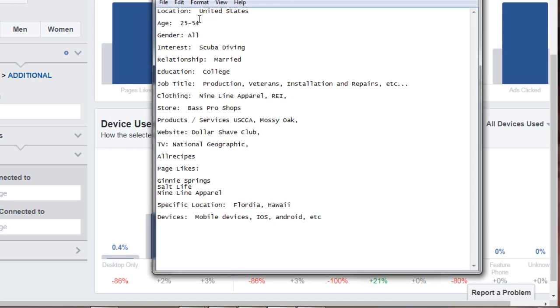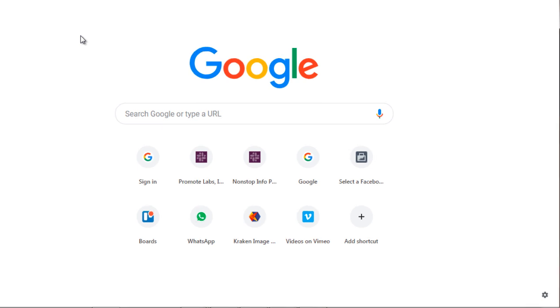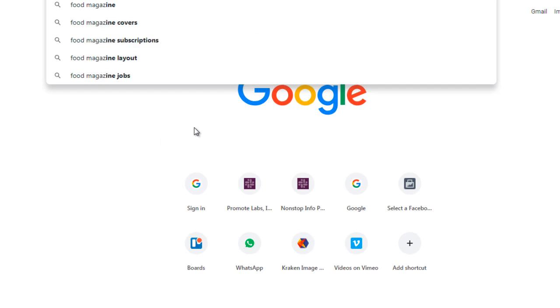Now, you can further create this avatar profile. Another method is by going to google.com and looking for magazines. So why magazines? Well, if you flip through the magazine and you go through to the advertise page, you'll notice that these magazines have what we call a media rate card. And what this does is a lot of times it'll tell you the exact demographic and the exact avatar that you're trying to target. So let's type in, for the sake of simplicity, food magazine,